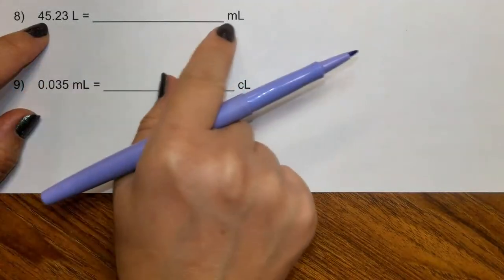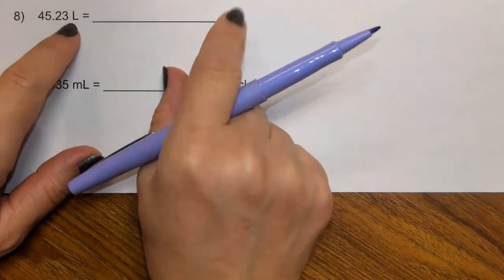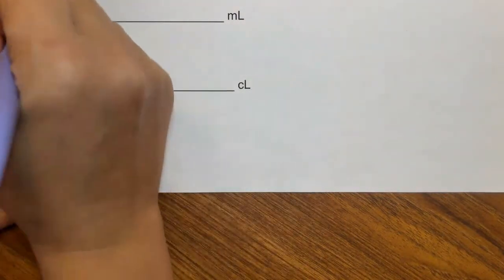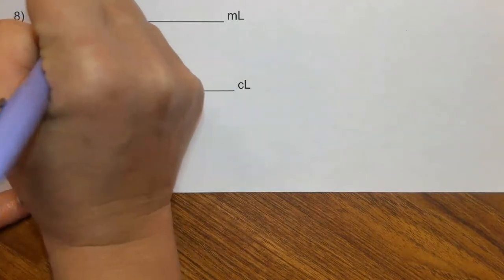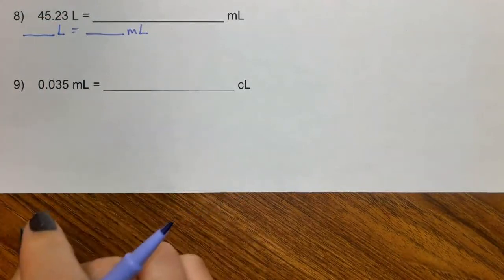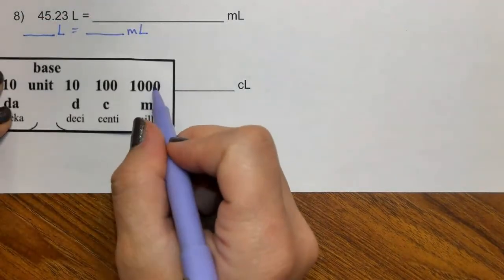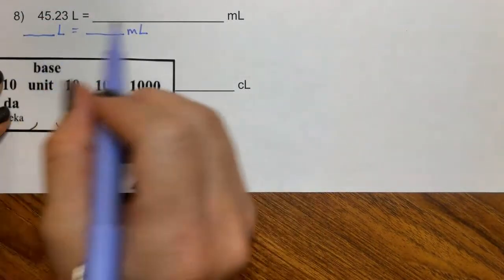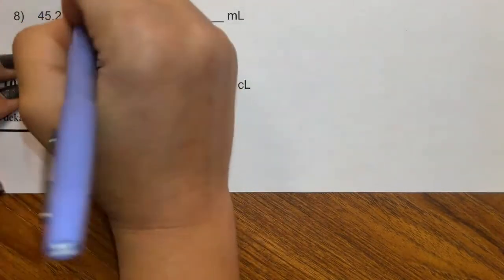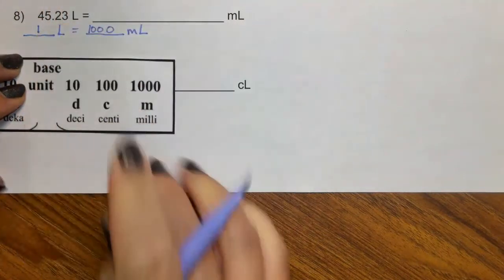45.23 liters is equal to how many milliliters? Is one of these a base unit? Yes, liters is a base unit. So we just need one conversion factor. How many liters are equal to how many milliliters? And we'll use our little chart to see that milli is 1,000. So it's 1 to 1,000. This is larger, the base unit's larger, so it gets the 1, and milli is smaller, so it gets the